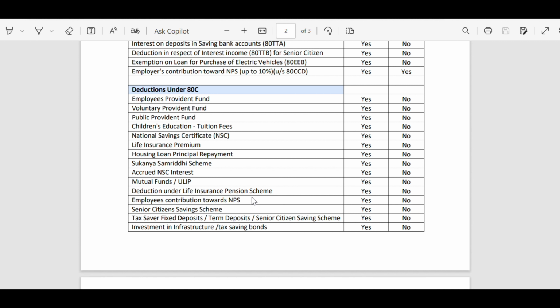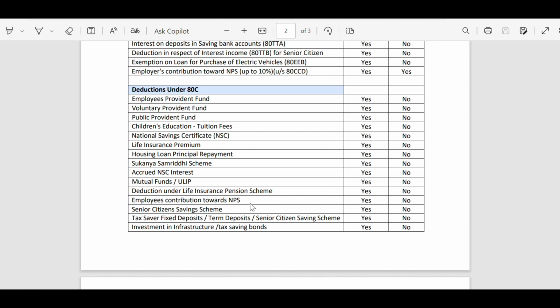Deduction under life insurance, pension scheme, employee's contribution to NPS is also allowed under section 80C, senior citizen saving scheme, tax saver deposits of 5 years, and investment in infrastructure or tax saving bonds. So if you clearly observe, all these 80C deductions are only available in the old tax regime. You will not get any other exemption in the new tax regime other than